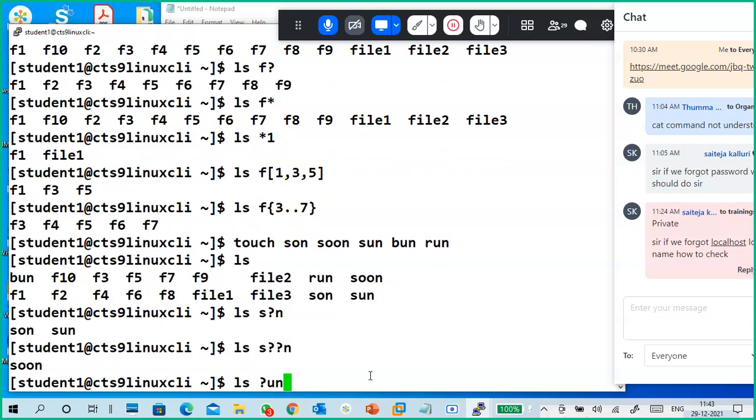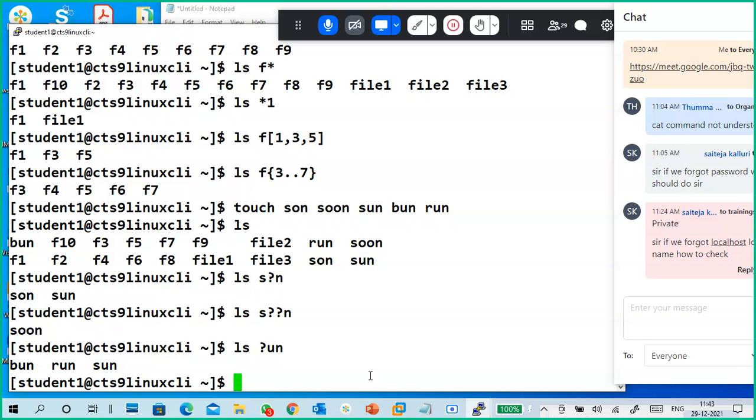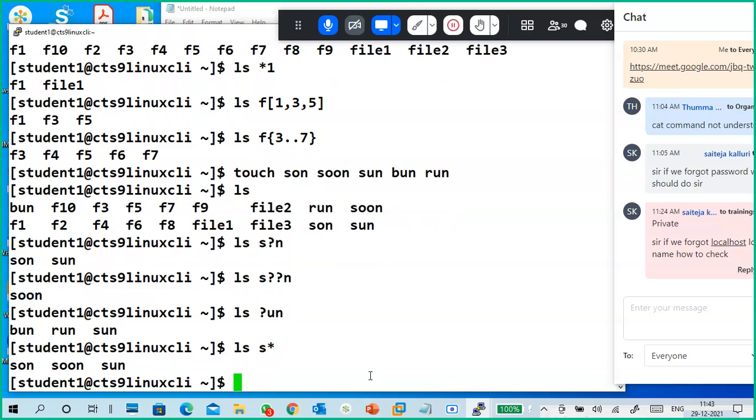Next. See, un, first is anything, un. Okay. s star: starting is s, next is anything, it can be anything. s star n.